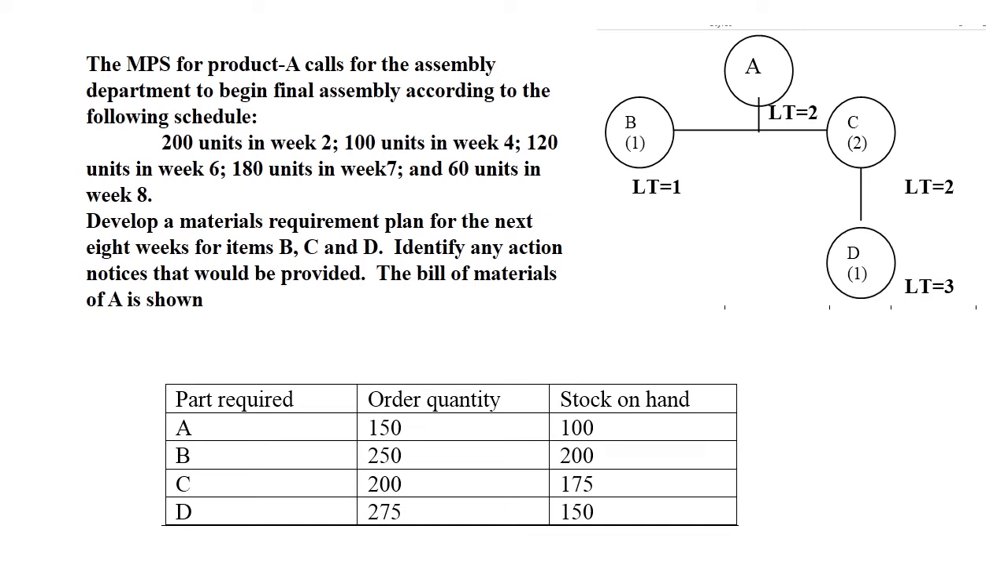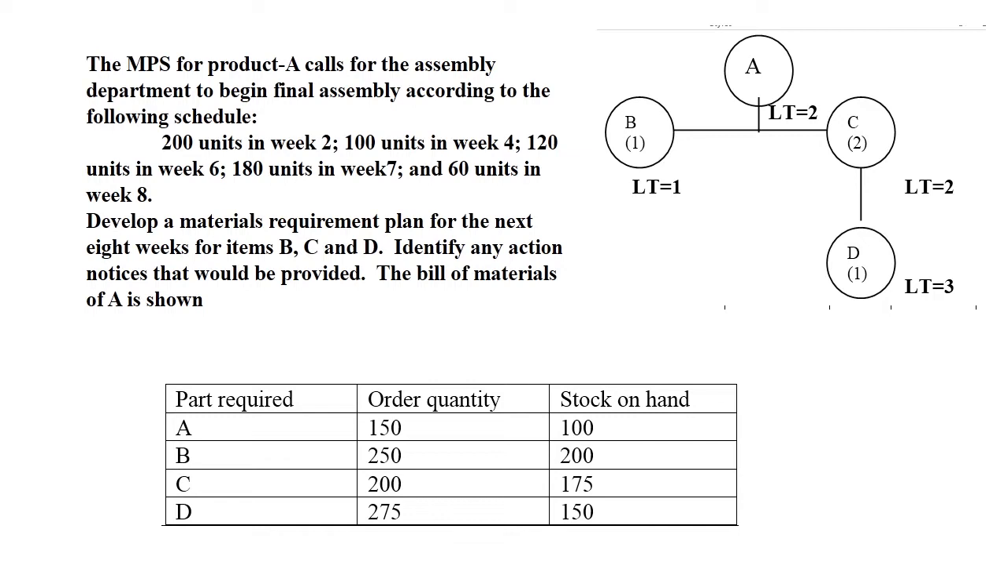So the details given in this MRP problem are the master production schedule, the bill of materials, and the inventory status file. The master production schedule gives details about the demand for a particular product over the weeks. So this is product A. Product A is in demand in the second week 200 units, fourth week 100 units, and sixth week 120 units,